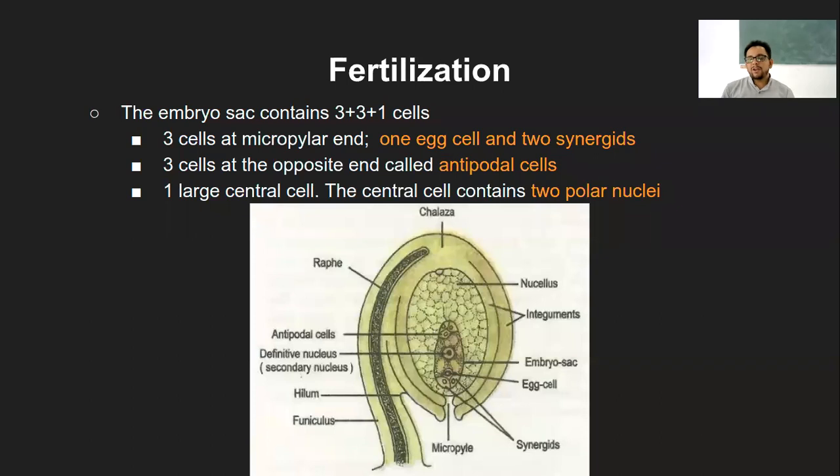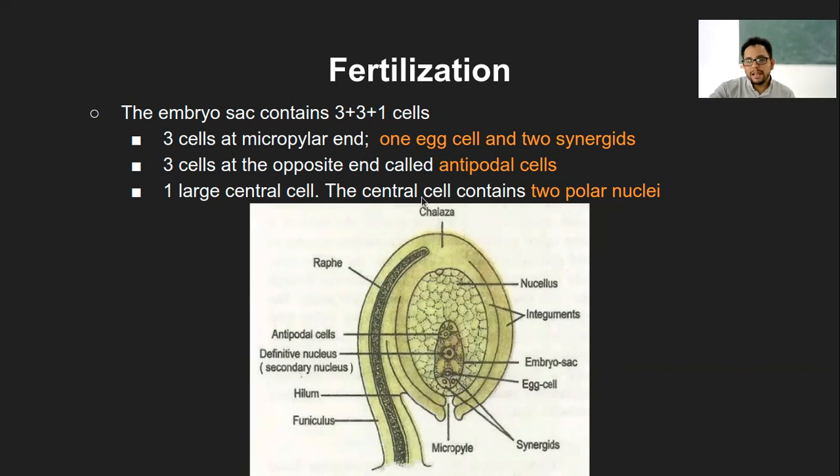There is a rapid mitotic division after the zygote formation, and that will need a lot of nutrition, and that is what is obtained from the nucellus structure, which is present within the integuments. Then there is the embryo sac, which has 7 cells. On the lower end, that is the micropylar end, there are 2 synergid cells, 1 egg cell, 1 central cell at the center, and the 3 antipodal cells. So that's what is the embryo sac.